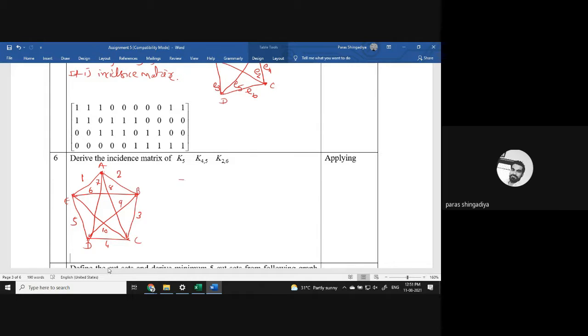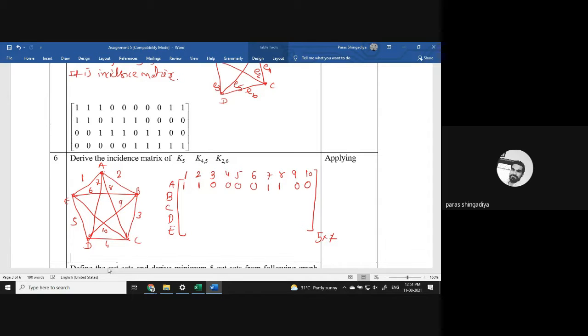So it will be a 5 by 10 matrix you will get. That is A, B, C, D, E against 1, 2, 3, 4, 5, 6, 7, 8, 9, and 10. Okay? So let's fill the entries by 1 and 0. So first vertex, it is connected with 1, 2, 7, 8. Okay? So here 1, 2 पे 1 पुट करना है, 7, 8 पे 1 पुट करना है, बाकी सब जगह पे 0. ठीक है? That is for the first row.